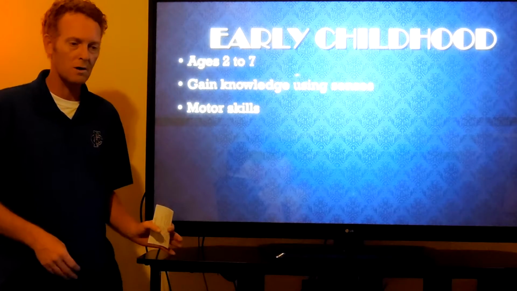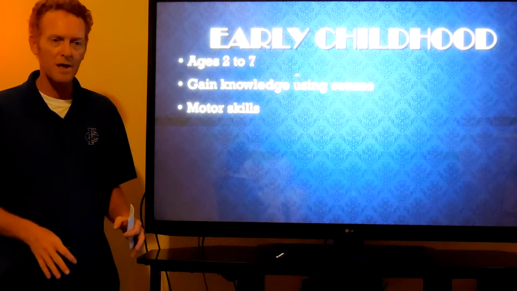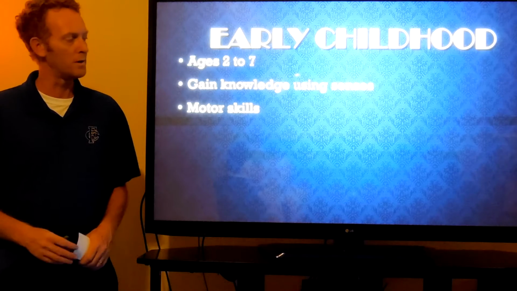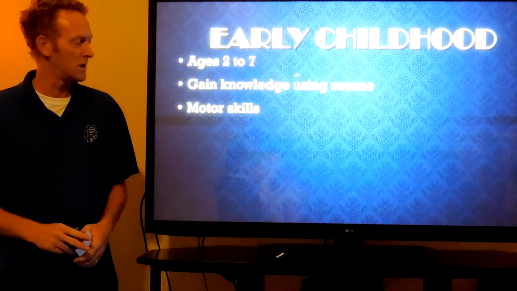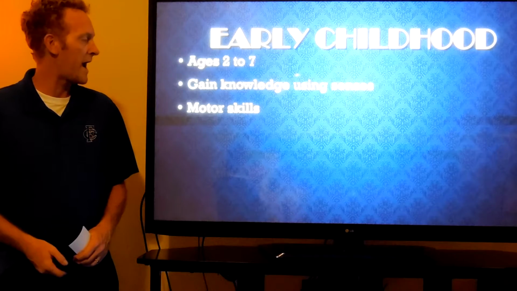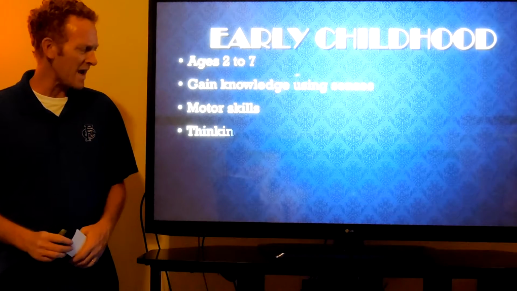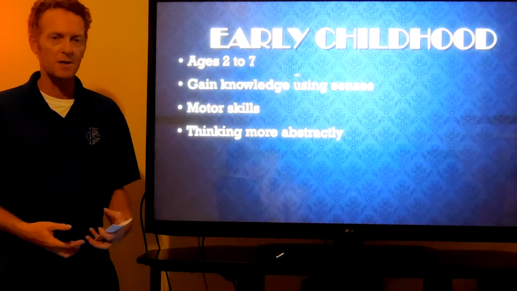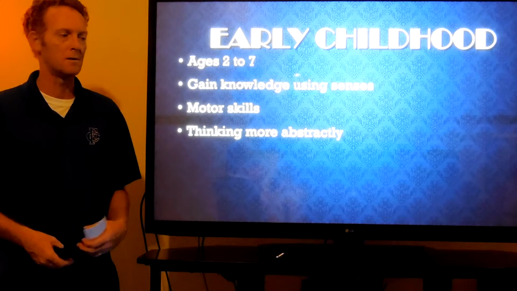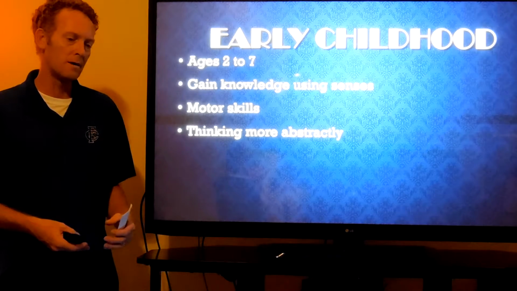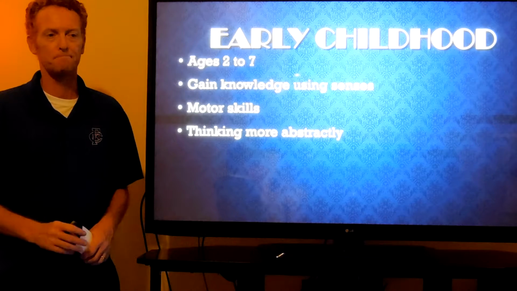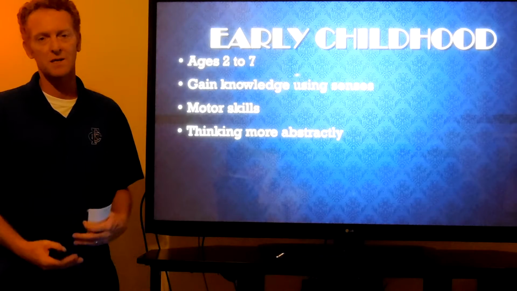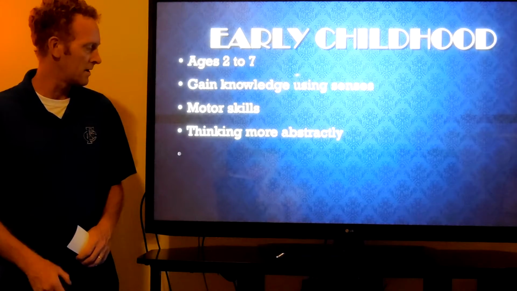When they first learn to walk before the age of 2, they're real wobbly, their motor skills are not very developed. But by this age, they're running, they're playing on the playground, and playing sports, getting active outside. And their thinking skills become more abstract. They don't necessarily need an object in front of them to be able to think about it. And they develop this fantasy world a lot. Just as an example, this is a stage where a lot of kids have imaginary friends. They start thinking more abstractly.